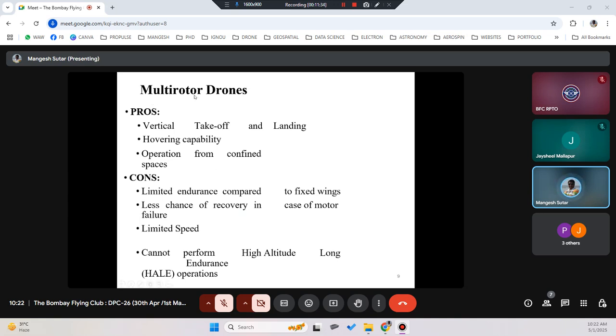Again, because a multi-rotor doesn't require a big space to take off and land, operations can also be done in confined spaces. Like I gave the example of students who had come from the shipping industry, where they were using a multicopter or quadcopter to go inside the ship, a very confined, very small space where it was very difficult even for a human being to go. In those locations, you can send a copter and do surveillance,